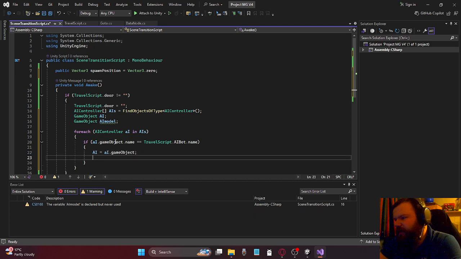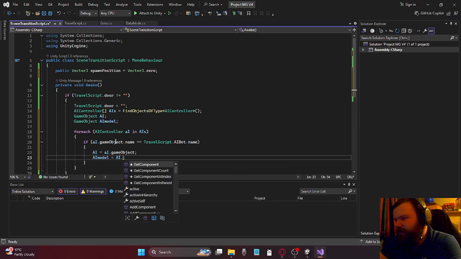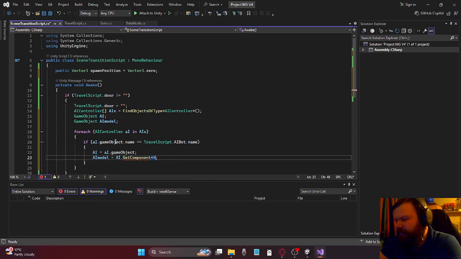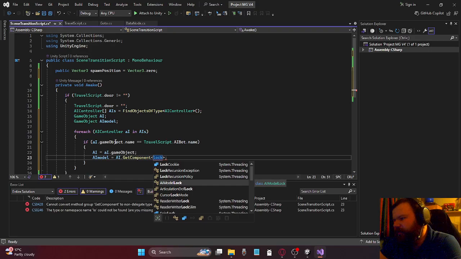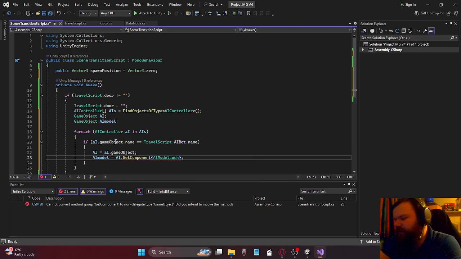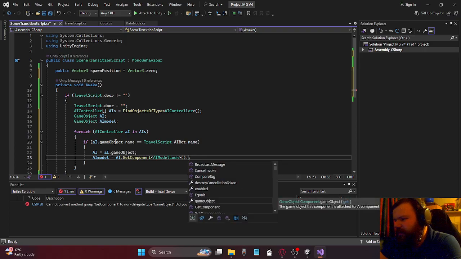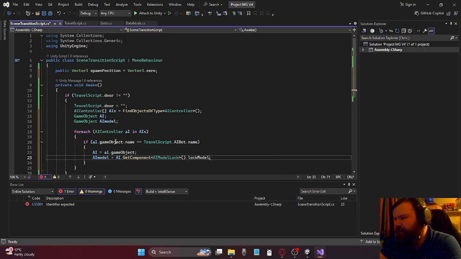Cool. And AI model gets set equal to AI.GetComponent LockAIModel, dot lock model. Cool. And then